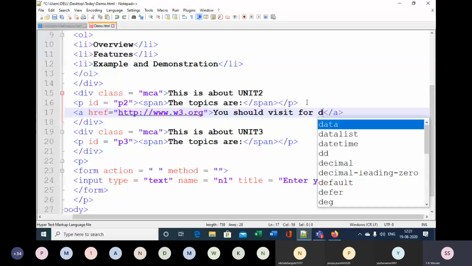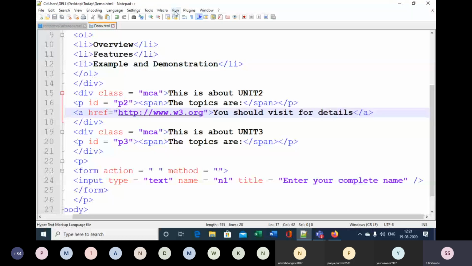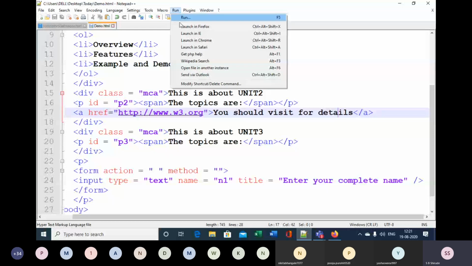Okay, so here I have inserted a link: href is equal to this website, and the text is "you should visit for details," and the closing of the anchor tag. Now if I launch it, the topics are shown, and then here the link is coming, "you should visit for details." If I click on this, then what will happen?